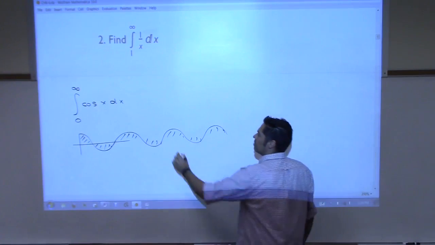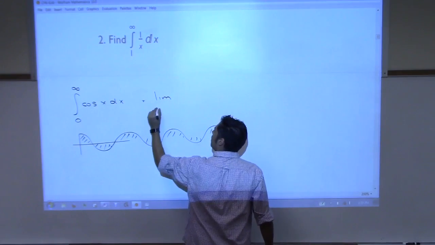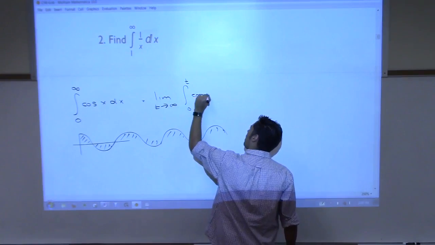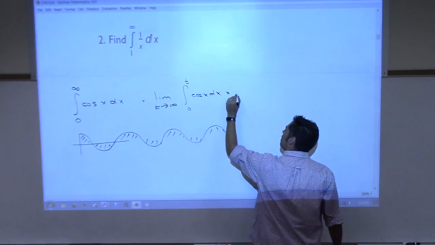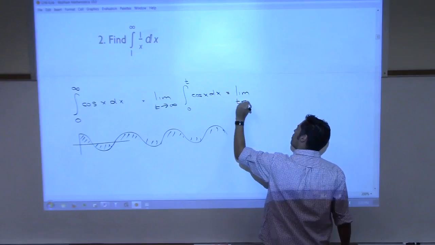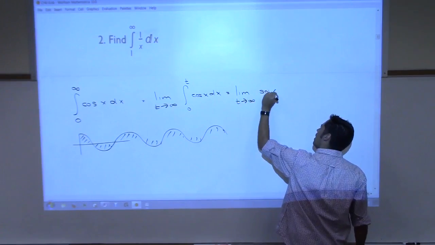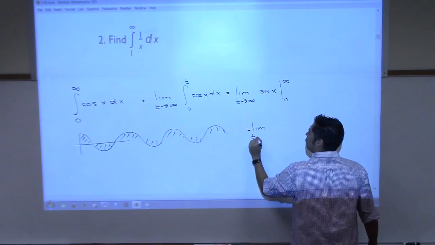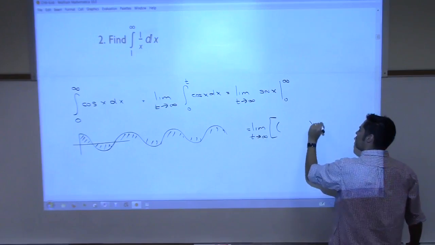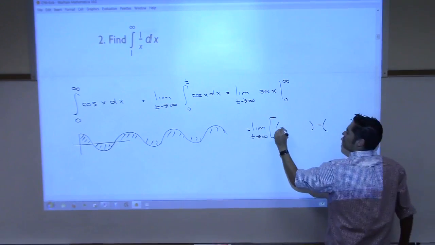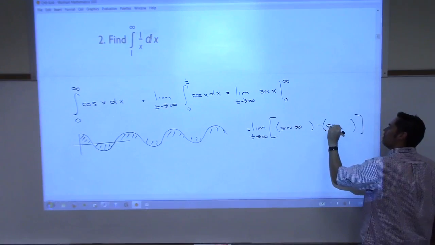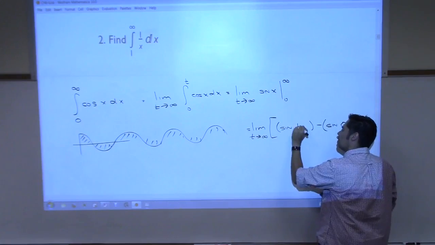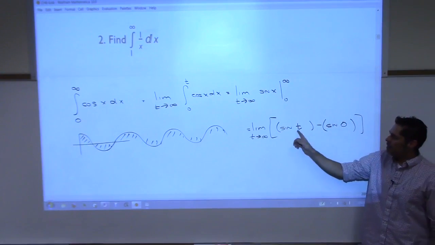But when you actually do this, limit t goes to infinity, integral 0 to t, cosine x dx, this is going to be limit t goes to infinity, antiderivative sine x from 0 to t, which equals limit t goes to infinity, bracket, parentheses, sine of t, and then minus sine of 0, right? Sine of 0 is 0. Now take the limit, let t go to infinity. What's